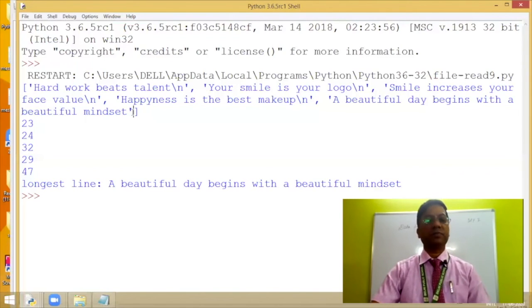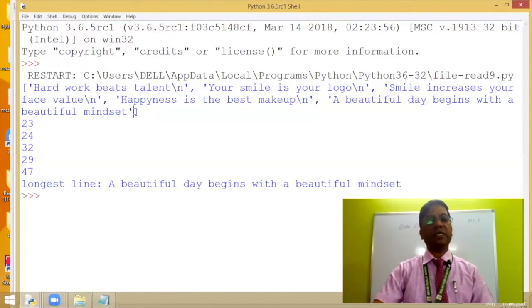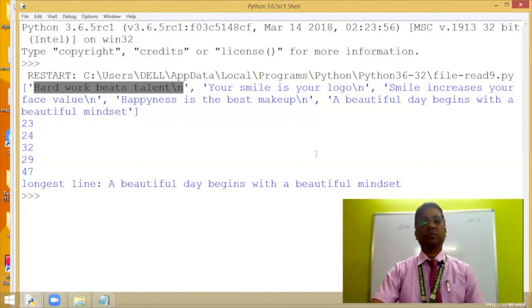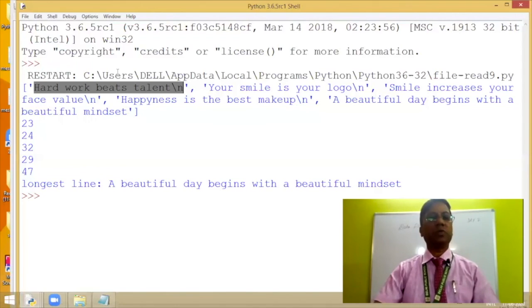I'm just making you aware that in the last sentence there is no \n, whereas in every sentence there is a \n. So for finding the length, it is taken into consideration. Now let us move to the next question.